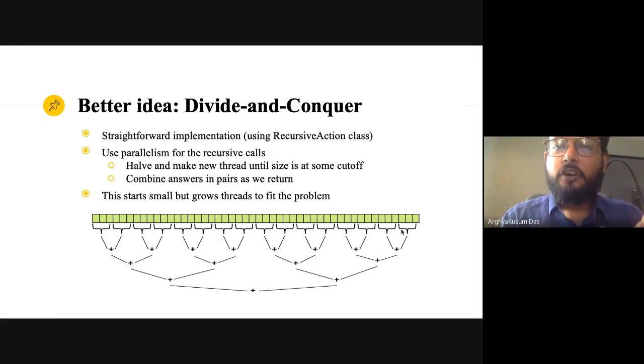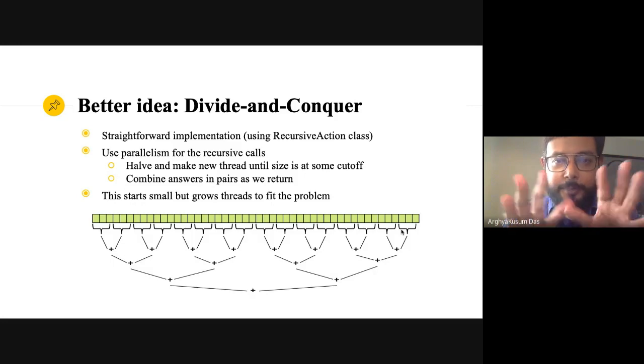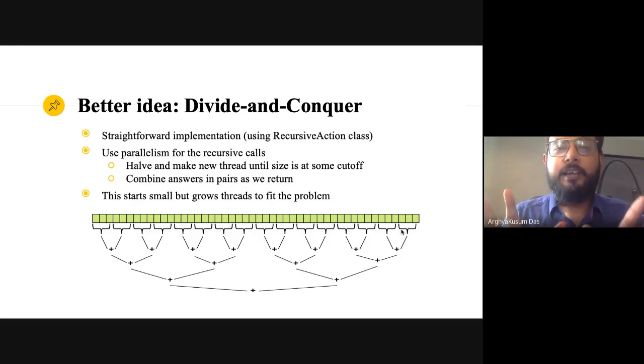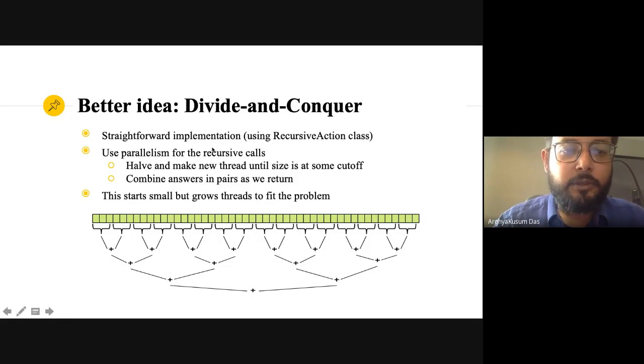So divide and conquer is the strategy for a better algorithm for sum. And it's not only for sum. Sum is a very small operation, but it works for significantly many more problems. Those things you can try in your program. So let's